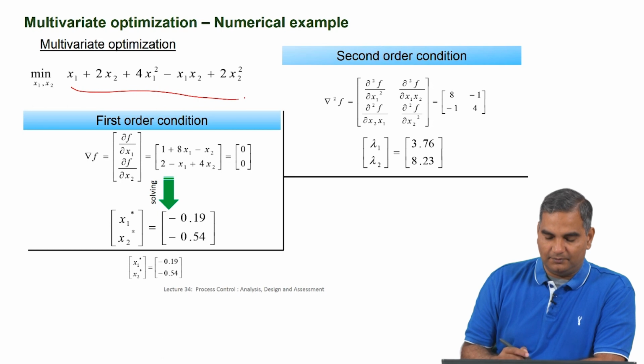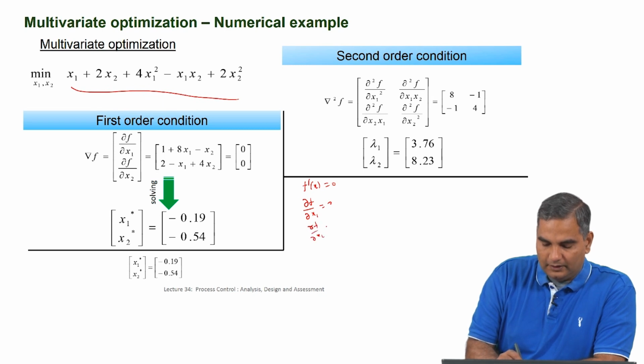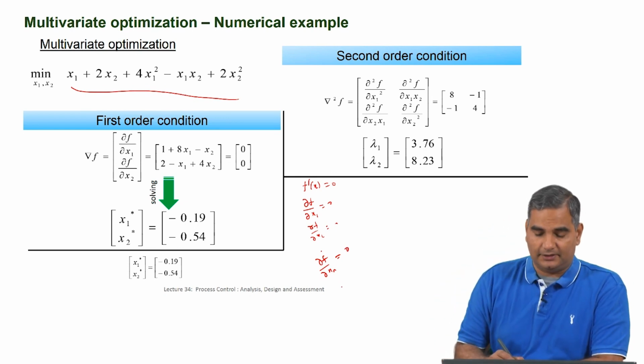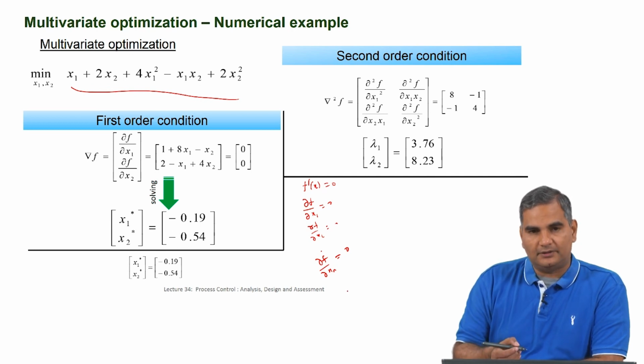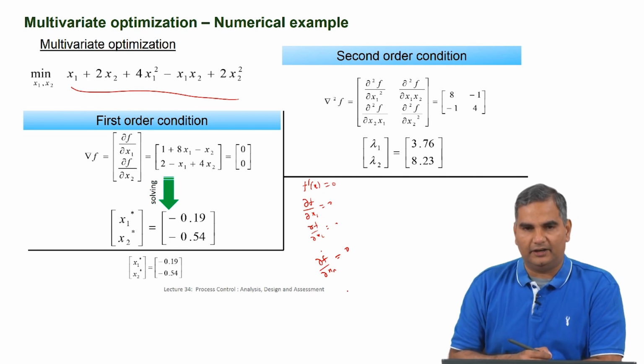So, the idea is very simple. When I had only one variable, it was just f prime x is 0. When I have more than one variable, so basically you do a partial derivative with respect to each of this variable. Dou f dou x1 is 0, dou f dou x2 is 0, all the way up to dou f dou xn is 0. Okay. Now, if I have n variables, I will have n equations, right, because I will have n derivatives to evaluate. If I have two variables, I have two equations. So, in some sense I will have as many equations as variables to solve for.